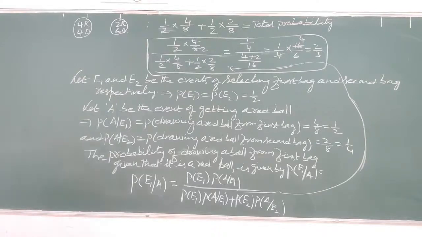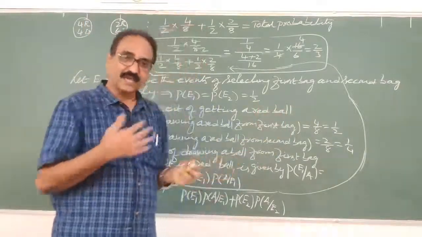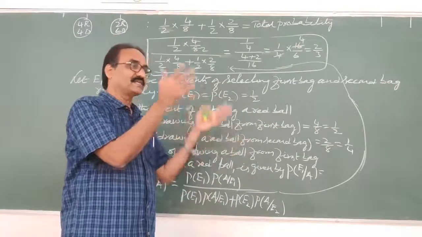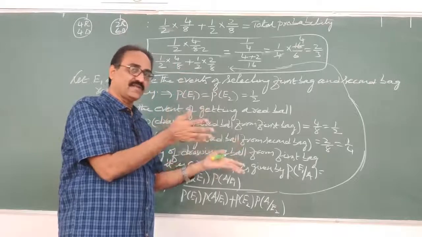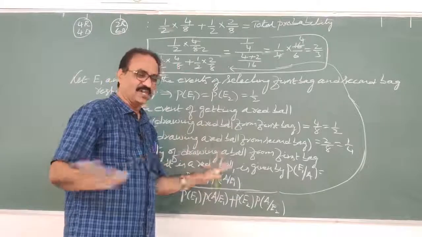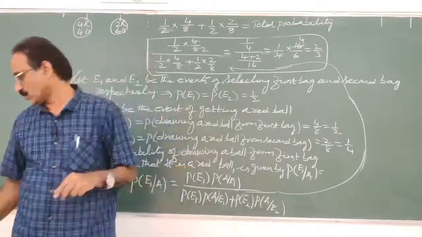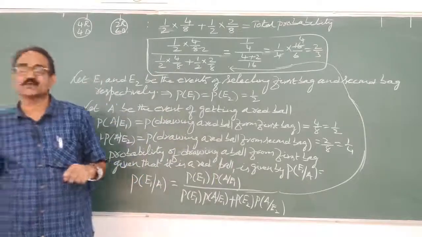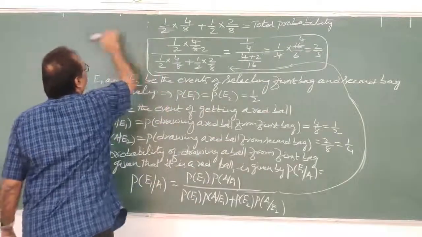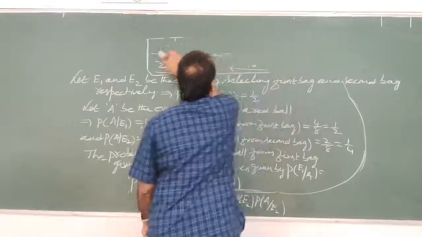Okay, so now let us move on. Every problem is like that only. One type of question will be given. From there you have to find out what is the event, what is the sample space, what you want, what is A given E1, what is A given E2, what is the reverse of it, then substitute in the formula and write it. The principle is this only, but we have to find these out. Okay, let us move to the next problem. Problem 2 is over now.